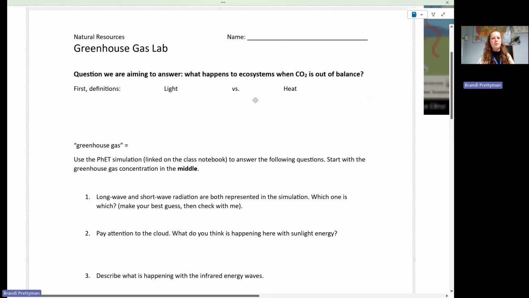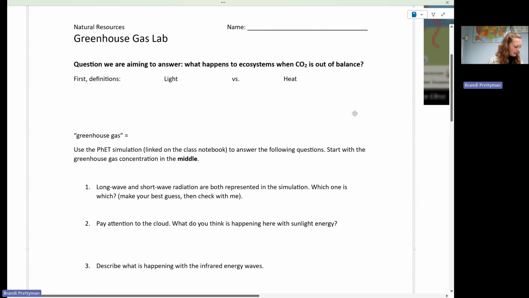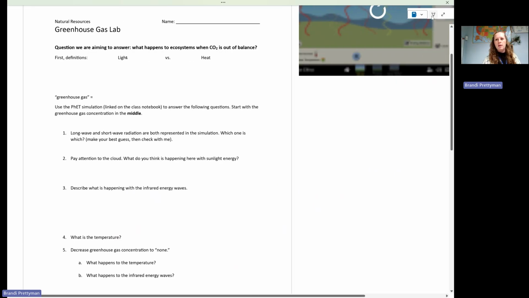In general, because in natural resources, we're not getting too deep into the physics of it. So when I say light, what I really mean,